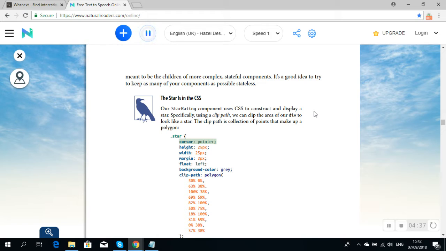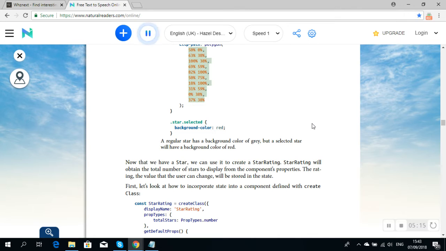.star { cursor: pointer; height: 25px; width: 25px; margin: 2px; float: left; background-color: gray; clip-path: polygon(50% 0%, 63% 38%, 100% 38%, 69% 59%, 82% 100%, 50% 75%, 18% 100%, 31% 59%, 0% 38%, 37% 38%); } .star.selected { background-color: red; }